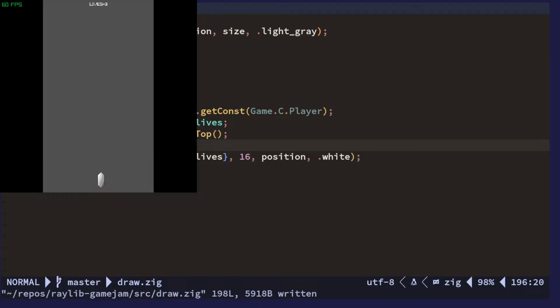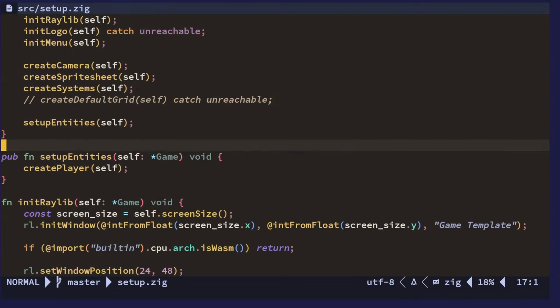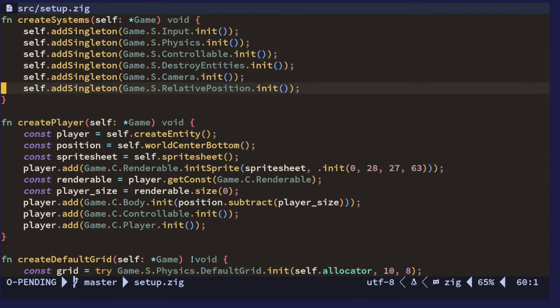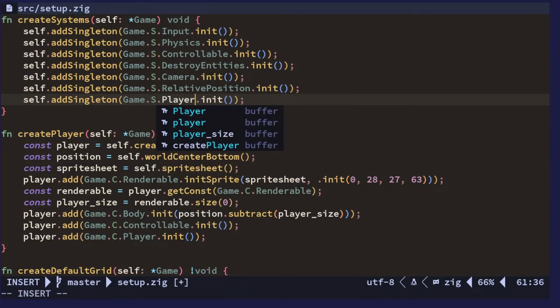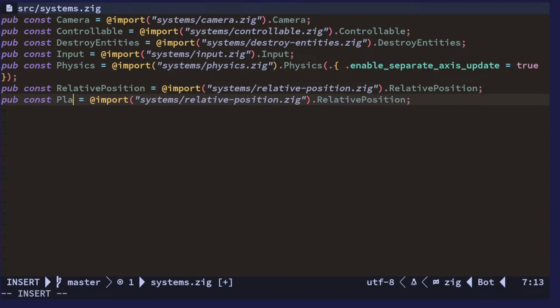Okay, so lives is 3. I press shoot, I go down a life. We're at live 0. Oh yeah, I forgot why. So you might be wondering, why are we not getting game over? Well, I forgot to add the player system in everything, so